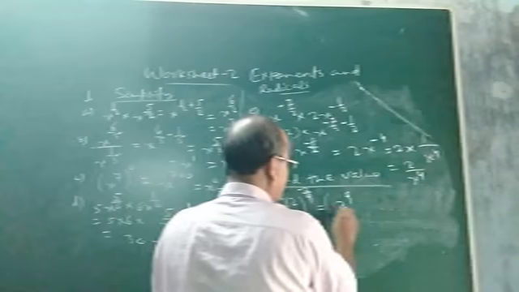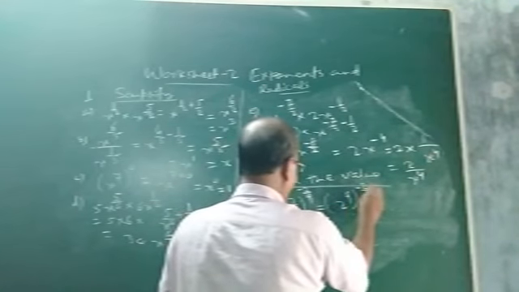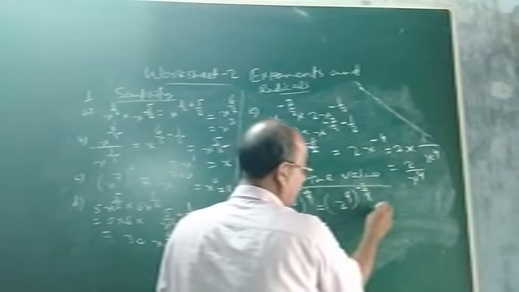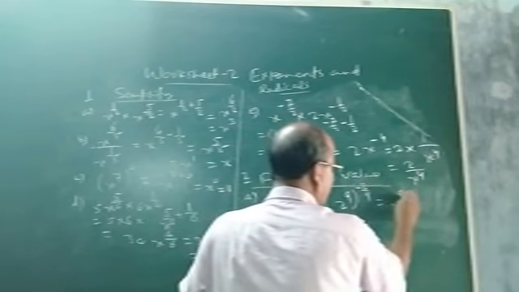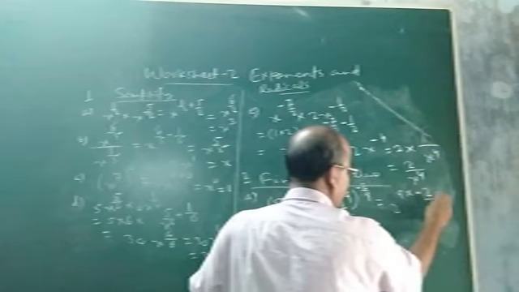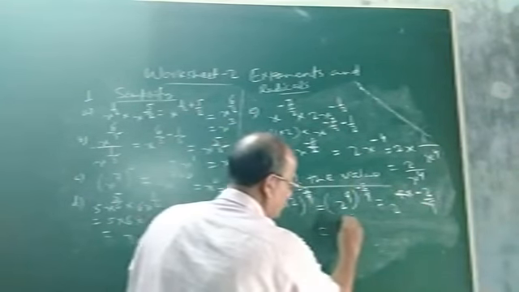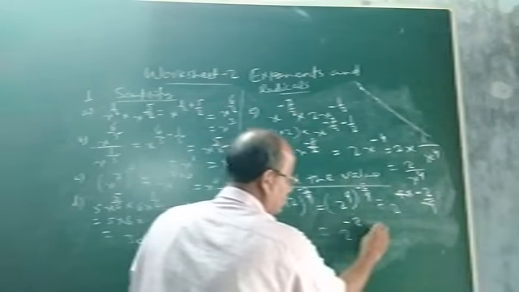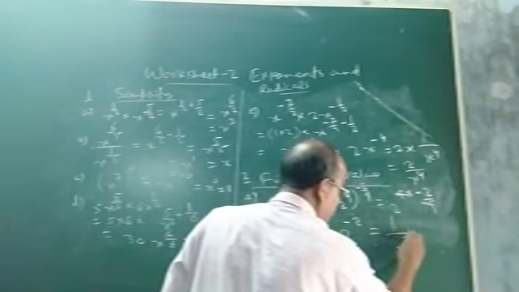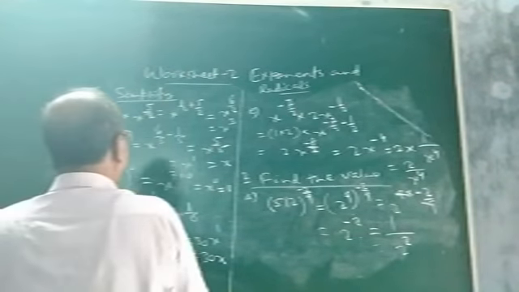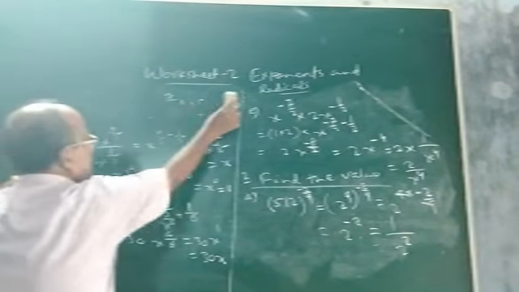So this will be minus 2 by 9. Now you omit the bracket, so this 9 and this one will be multiplied. So 2 to the power 9 into minus 2 by 9. 9 cancel. So what will remain? 2 to the power minus 2. And this 2 to the power minus 2 will be 1 by 2 to the power 2. So in this way, you will find the value.